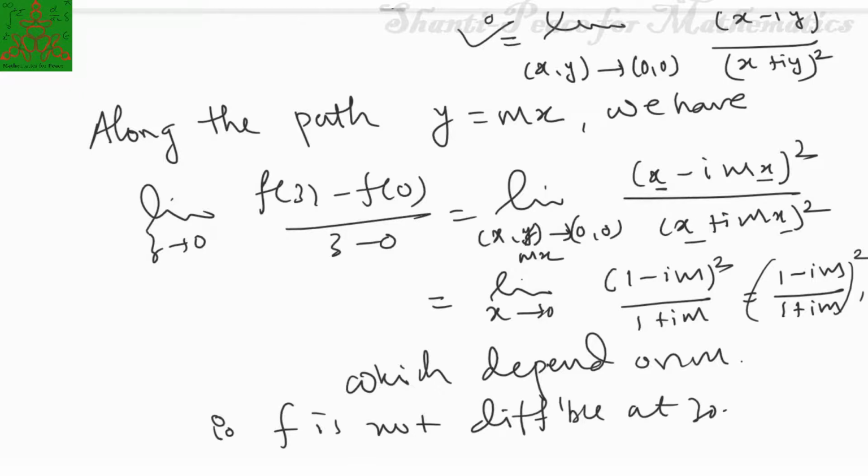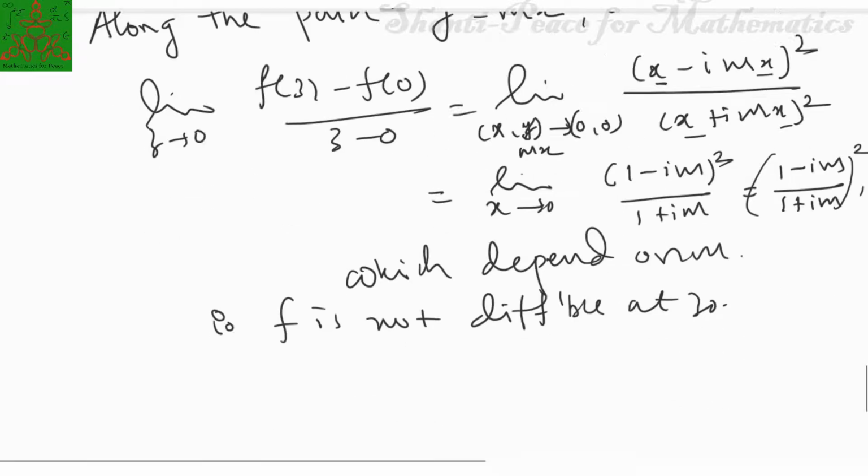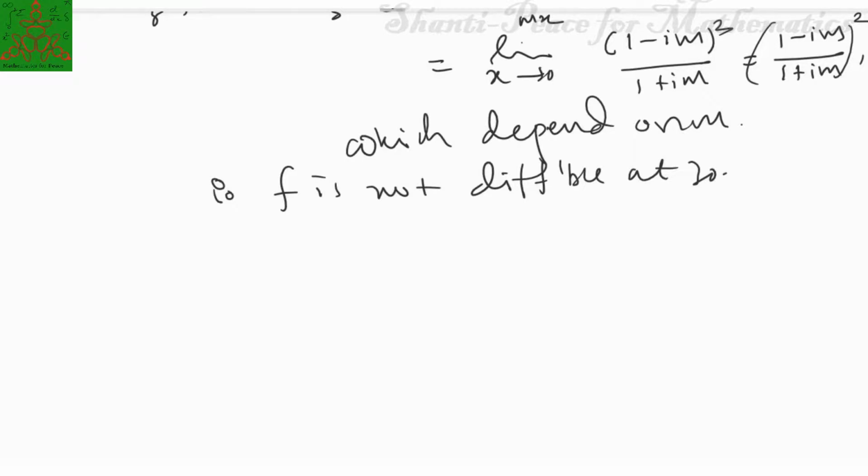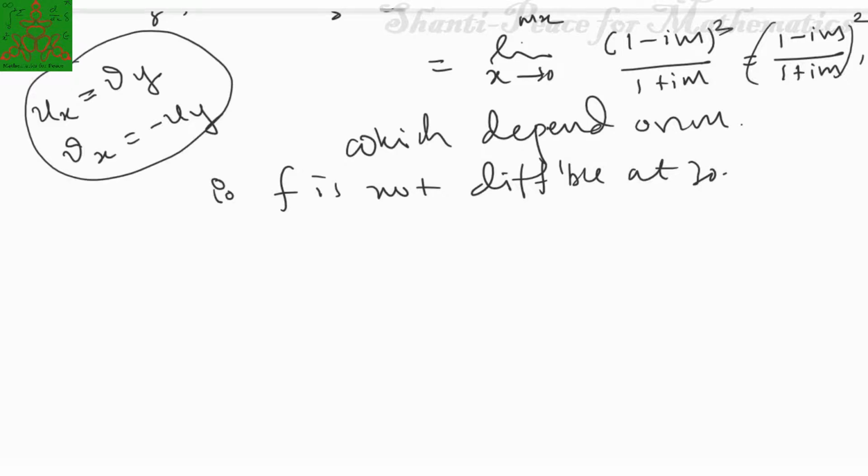But here we need to check whether the CR equations are satisfied or not. To prove that the CR equations are satisfied or not, you have to find out what u and v are, because to prove that CR equations are not satisfied at (0, 0), the CR equations are Ux is equal to Vy and Vx is equal to minus Uy. These are the CR equations you have. So for that you need to calculate the partial derivative of u with respect to x. That means if you want to check whether the CR equations are satisfied, first of all you have to calculate the real and imaginary parts of the function.